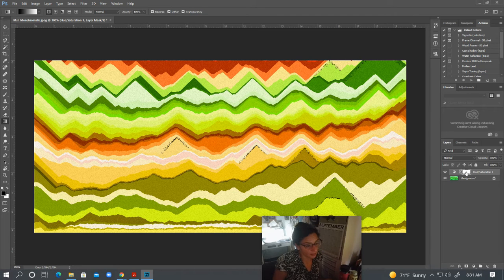So now the nice thing about having the mask in here is you can reveal any part of the original background that you wish. So the mask is going to work in conjunction with your brush tool, which is right here. And the brush is always going to work with black and white default colors. So make sure that you have black and white, or click the little boxes so they go back to black and white. I'm just going to swap them so black is in front with these arrows. And then I'm going to grab my brush tool,